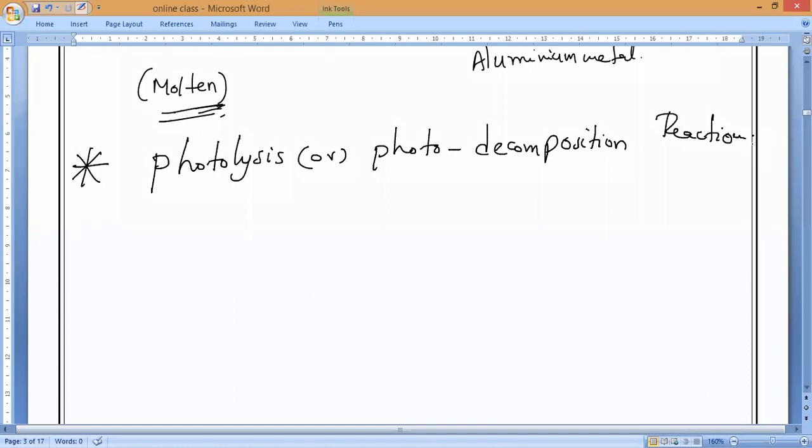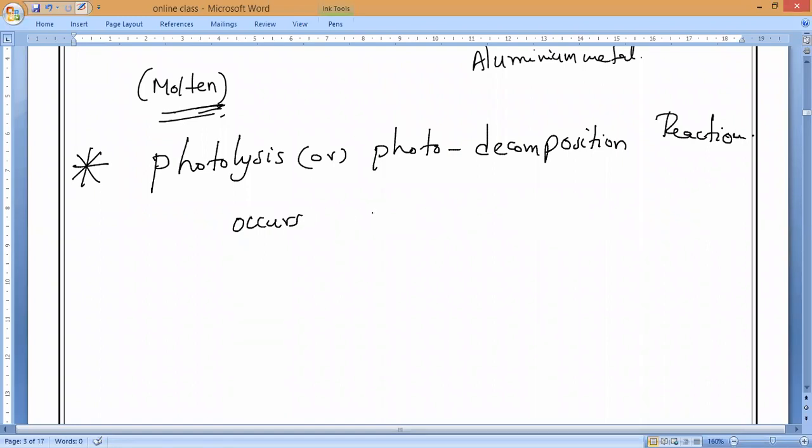So with reels and all, this photographic photolysis only occurs while we are capturing the photo. The photolysis reaction will take place. Now let us understand what this photolysis reaction is. Okay, so now the decomposition reaction which occurs,